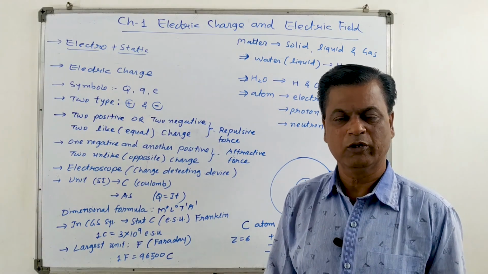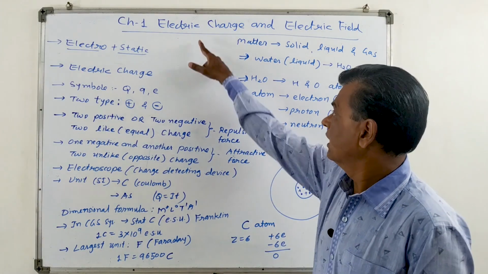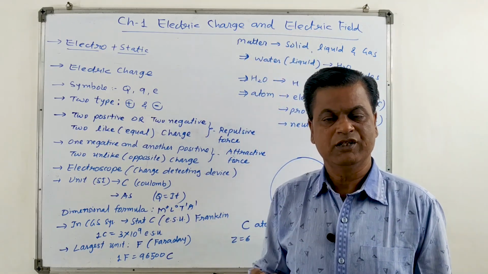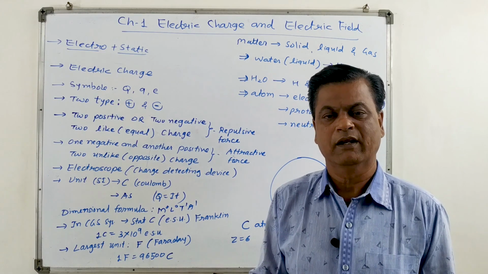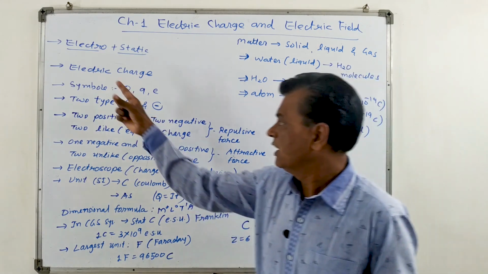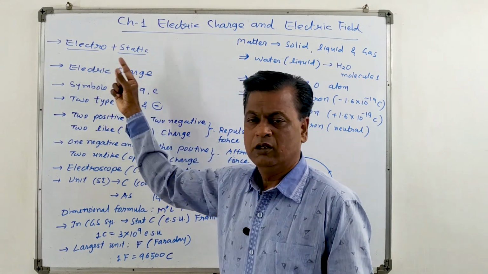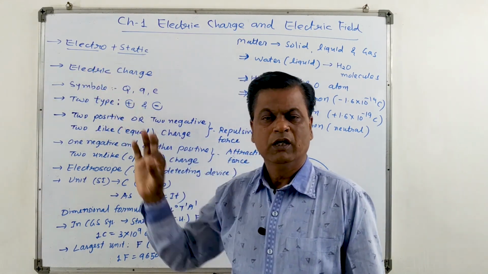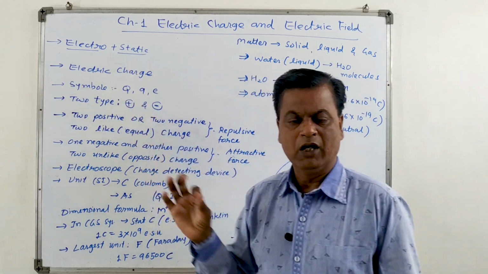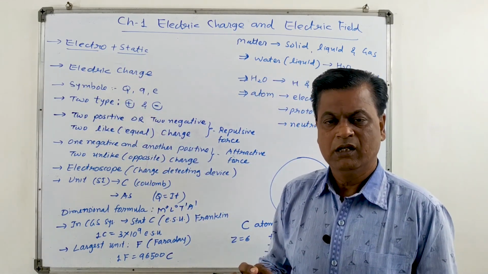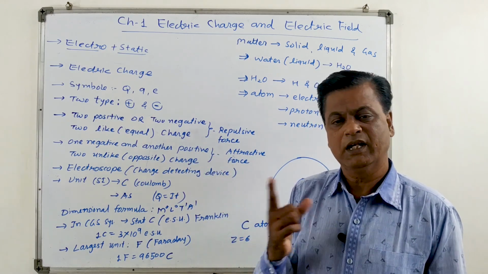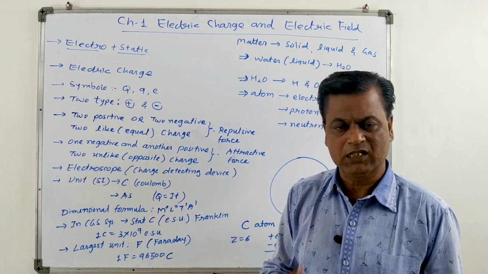In this video I am going to explain you chapter 1, electric charge and electric field. Chapter 1 and chapter 2 of class 12 are related with electrostatics, the branch of physics. Electro plus static. From electro, electric charge, static means stationary. So the branch of physics in which phenomena, physical quantity and device related with stationary charge are explained is known